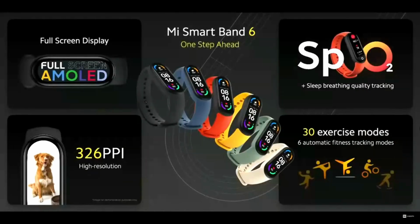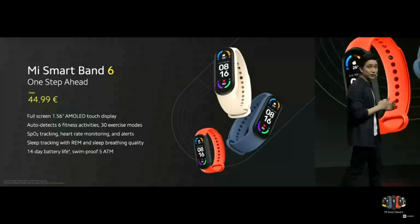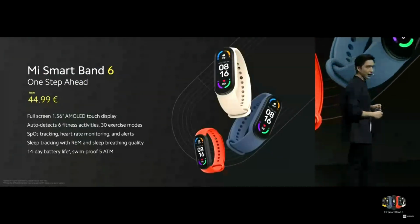Now, Mi Smart Band 6 is going to let you stay one step ahead with all of these new upgrades. A full screen, high-res AMOLED touch display that will let you see more and do more with less swiping. Finally, a step ahead in fitness and wellness with new exercise modes, SpO2, and sleep breathing tracking. Mi Smart Band 6, with major upgrades for you to be one step ahead in life,